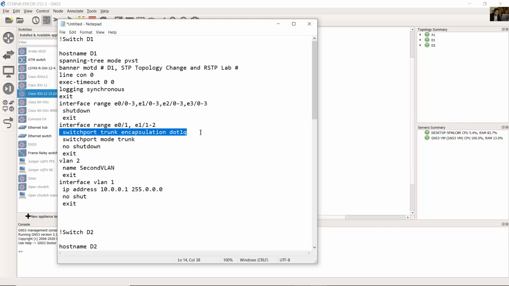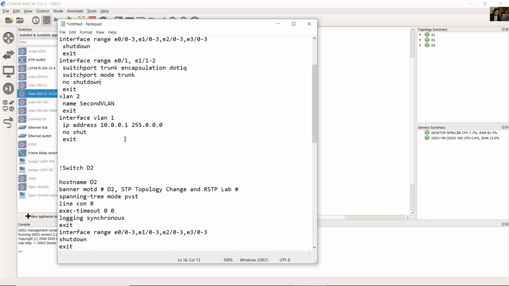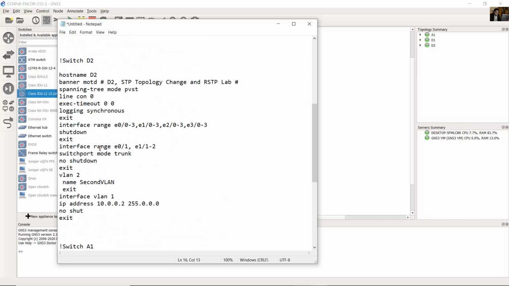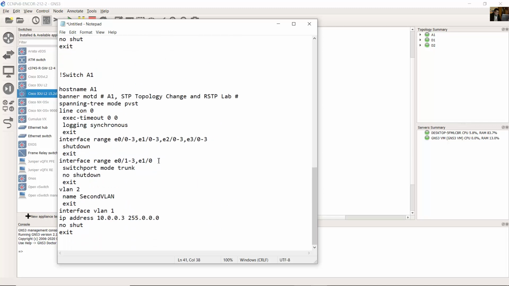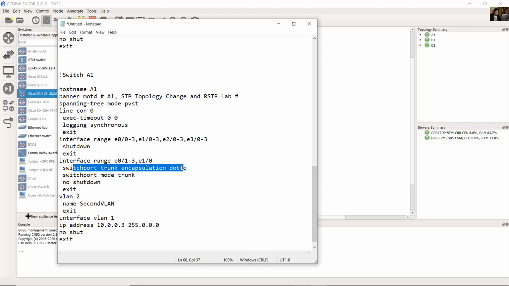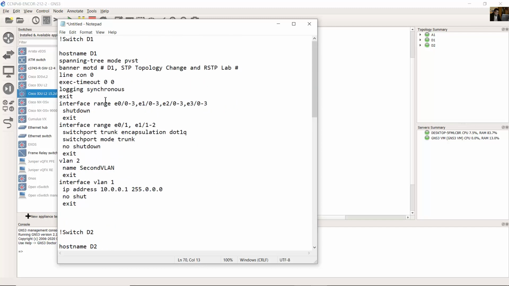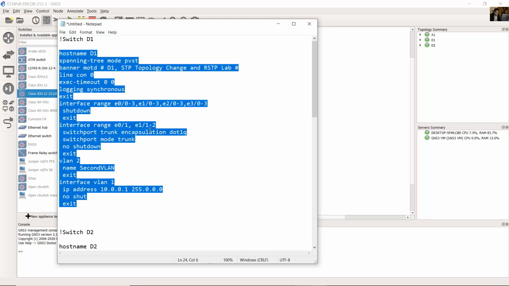So you need this on all configurations: interface range for D2, for A1 on trunking. This command goes before mode trunk. Okay, and now this is the final configuration for my IOU L2 image,